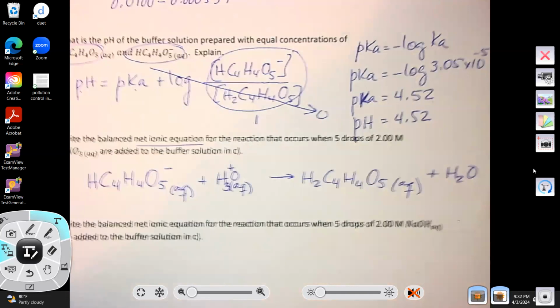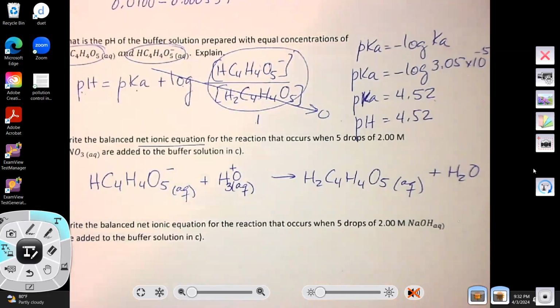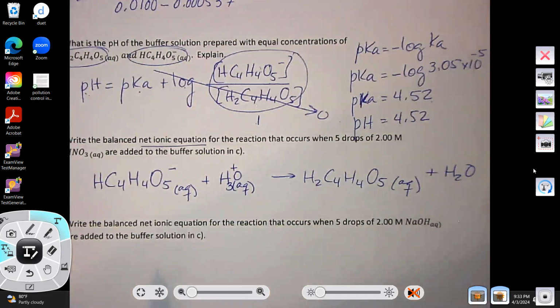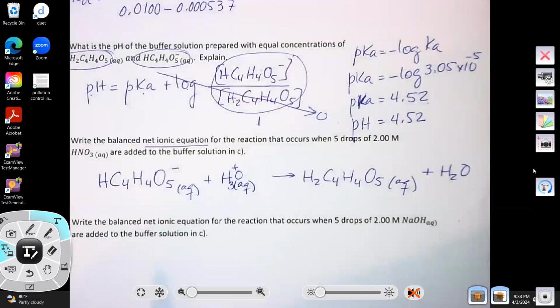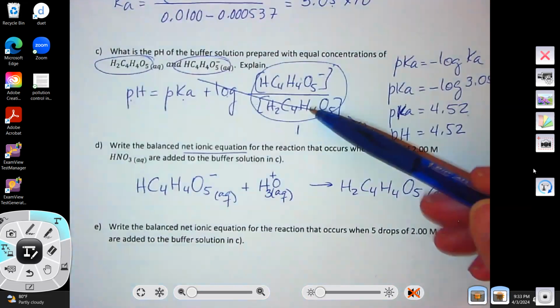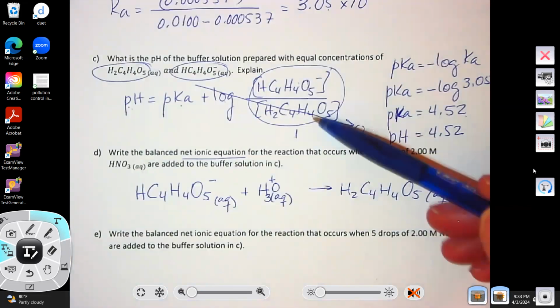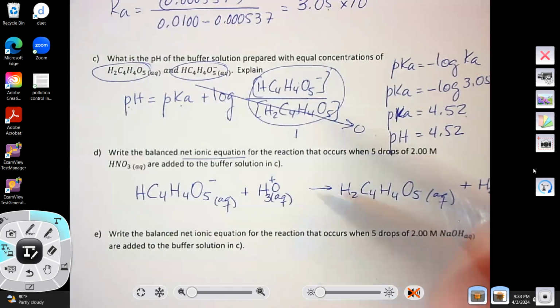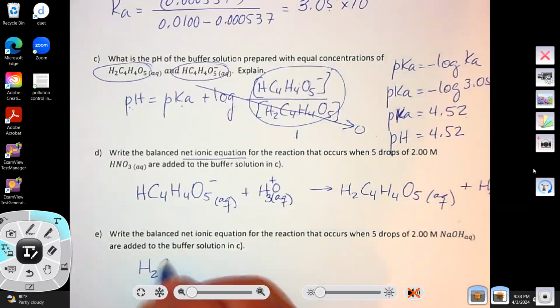And then letter E says write the balanced net ionic equation for the reaction that occurs when 5 drops of 2 molar sodium hydroxide are added to the buffer solution. So now you're adding a base, sodium hydroxide, to your buffer, which means which of these two is going to react with the base, the acid or the conjugate base? And the answer is the acid. So you're going to write the acid,